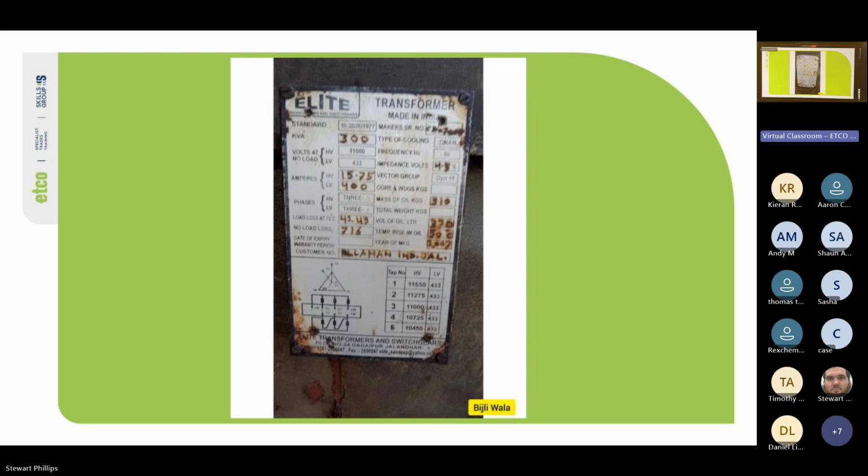Yep, crude as it is. It's been written in some kind of marker there, obviously because it's rubbed off over time. But yeah, 300 kVA. Cool. And lucky last,